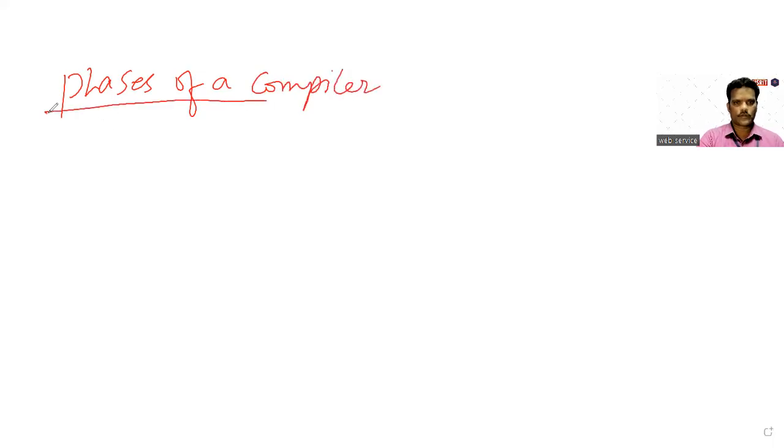Now we will discuss phases of a compiler. Phases of a compiler. In the compiler, there are 6 phases. The phases are